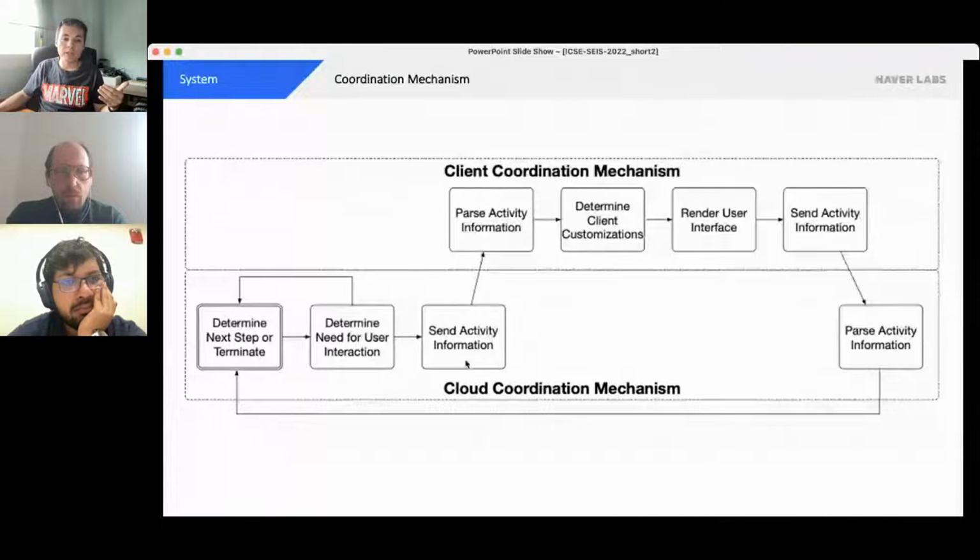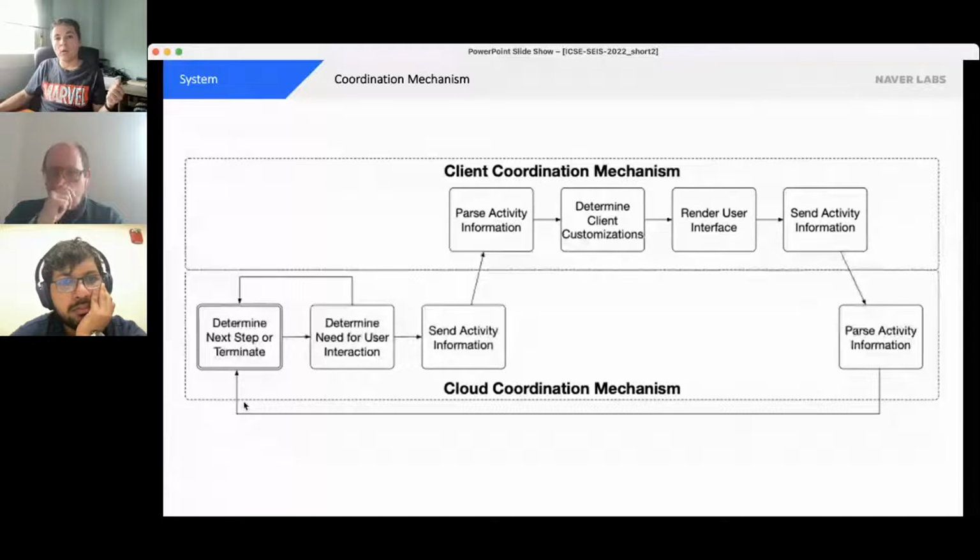At this moment, it connects to the client coordination mechanism, which is responsible for rendering the interfaces to interact with the user, and also for collecting the needed information from them. Once this information is collected, it is sent back to the cloud coordination mechanism, which continues the execution.